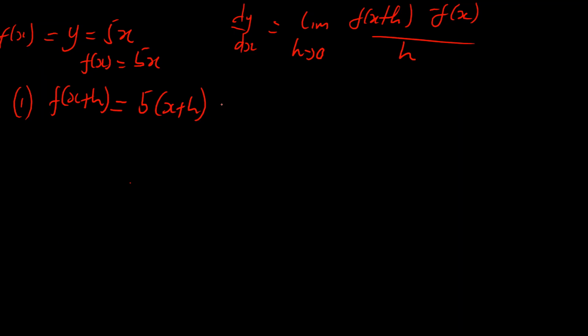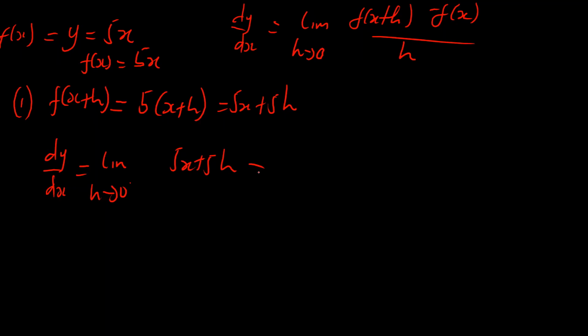So f of x plus h is going to be 5x plus 5h, right? Now we know f of x already. So now coming back to the formula, dy/dx equals the limit as h approaches 0 of f of x plus h, which is 5x plus 5h, minus f of x, which is 5x,